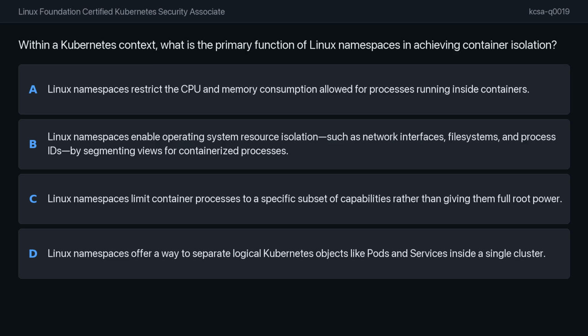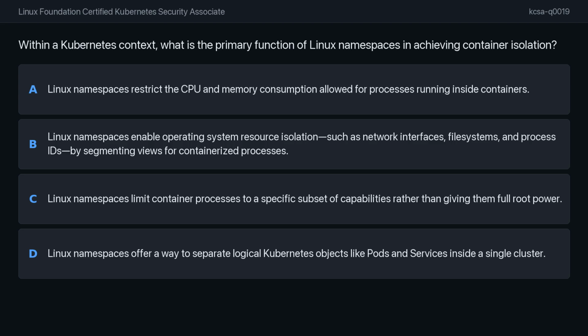Within a Kubernetes context, what is the primary function of Linux namespaces in achieving container isolation? The options are: Option A, Linux namespaces restrict the CPU and memory consumption allowed for processes running inside containers. Option B, Linux namespaces enable operating system resource isolation, such as network interfaces, file systems, and process IDs, by segmenting